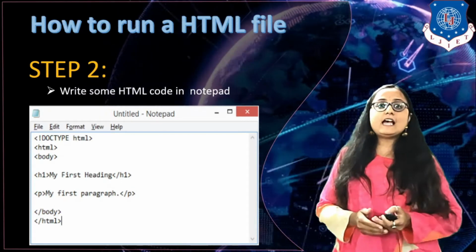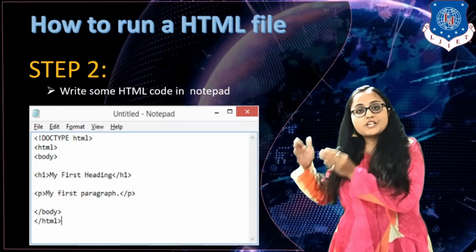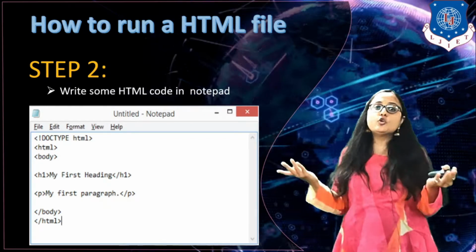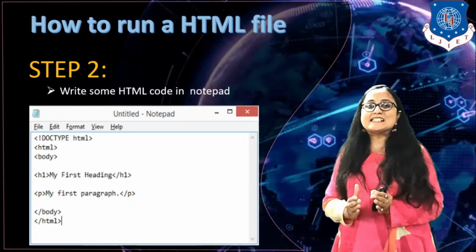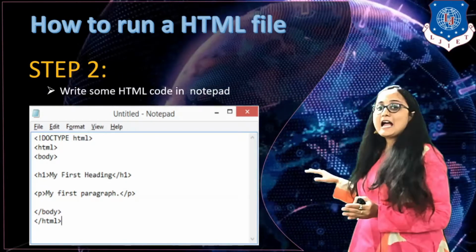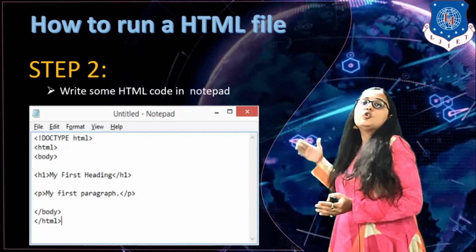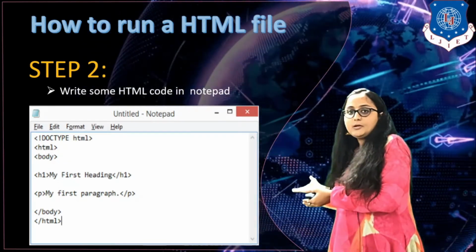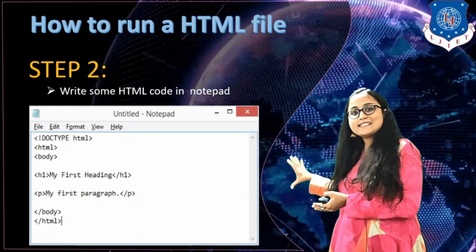So basically I have told you that head is only used if you want to give some sort of information for your HTML file. Now, if I don't want to give any information about my web page or HTML file, you can skip the head portion. So here I am only suggesting that you run this file, and I don't want to give any information about the user or this HTML web page. So I have skipped the head portion and have written only the body section.